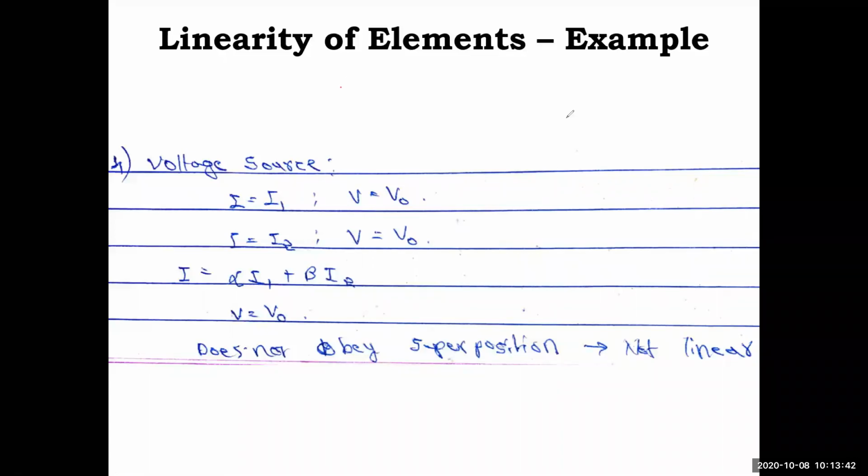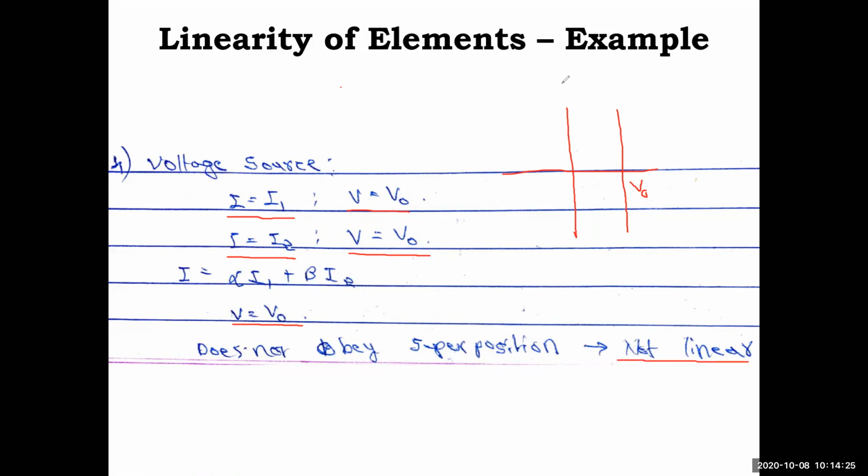First, the voltage source. How do you define a voltage source? As we see in the VI characteristics, it is constant. A voltage source has a constant voltage irrespective of the current changing. So if we change the current to I equal to I1 and I equal to I2, the voltage is not changing. It should change in the same proportion to satisfy the principle of superposition, but it is not. It is V equal to V naught. Even if you substitute I is equal to alpha I1 plus beta I2, the voltage will not change, which is constant. So it does not obey the principle of superposition. That's why a voltage source is not linear.